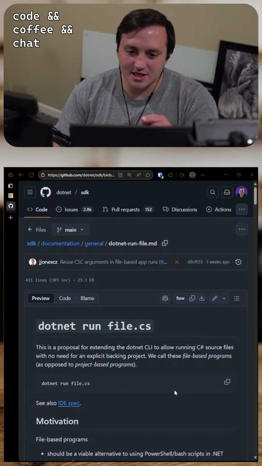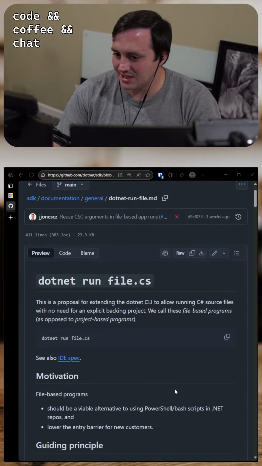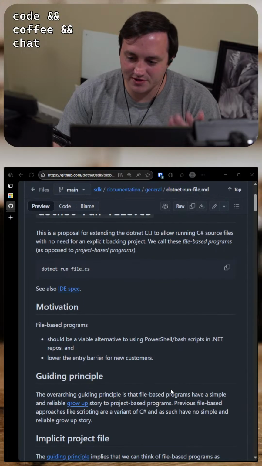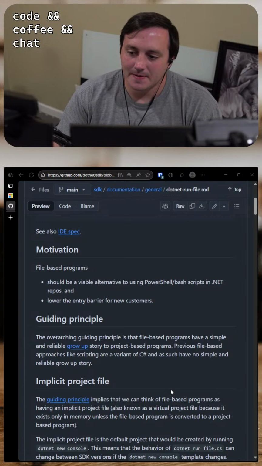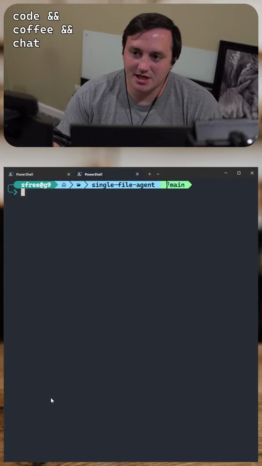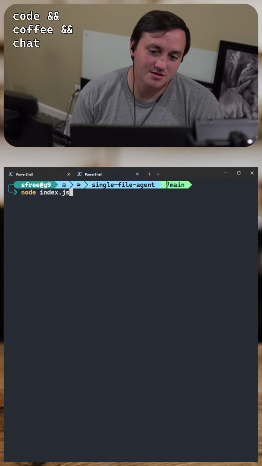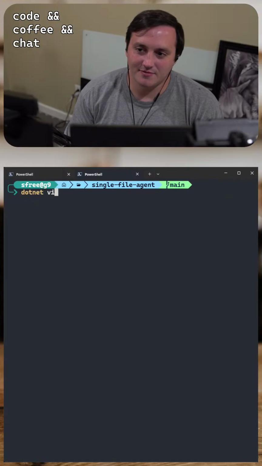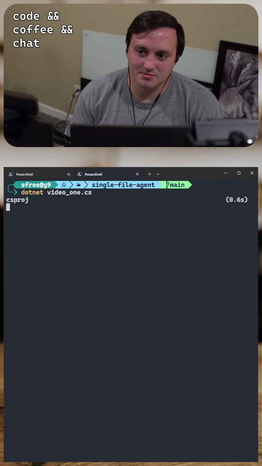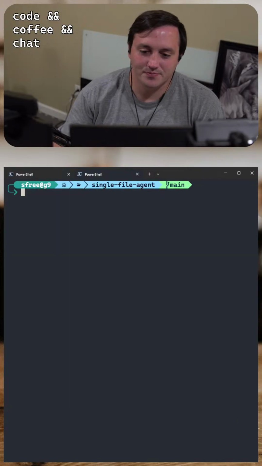Yeah, so this is a new feature that's coming in November, I guess, when they release .NET 10. I mean, it's available now in preview if you install the preview version of .NET, but basically it allows you to have very much the same experience as you would have with Node index.js, right? So now you can do .NET video1.cs and it will just run, which is pretty cool.